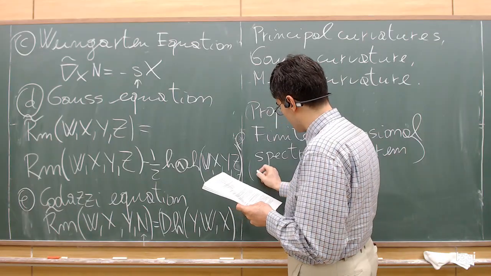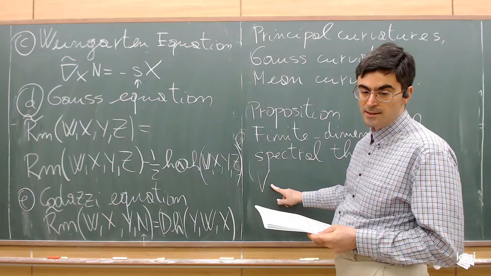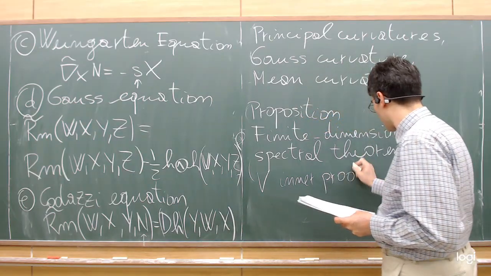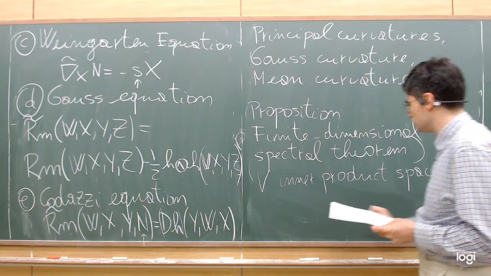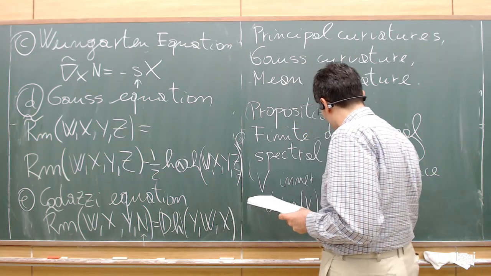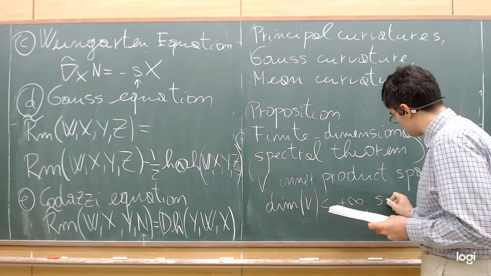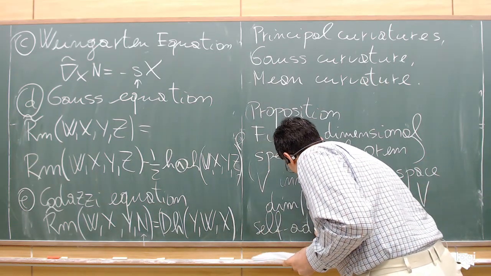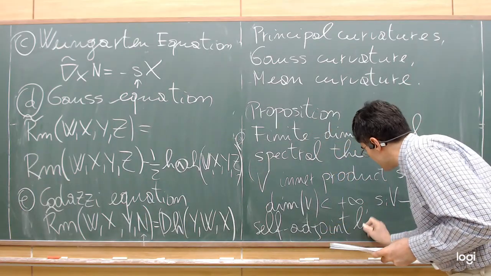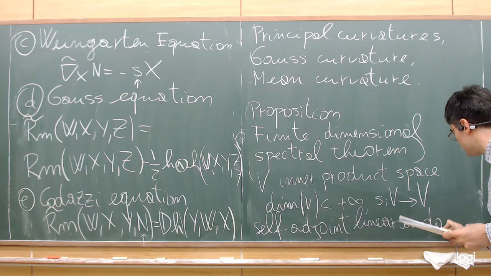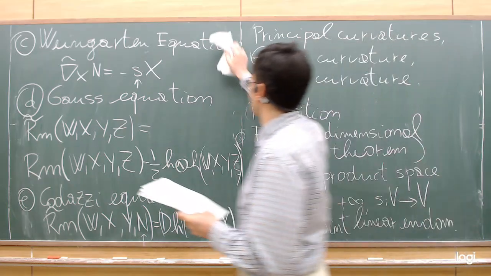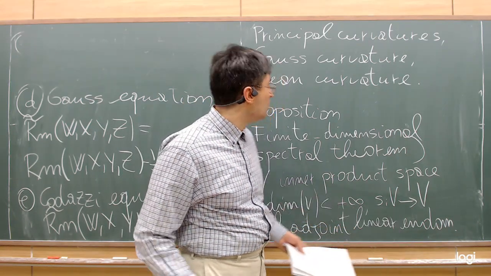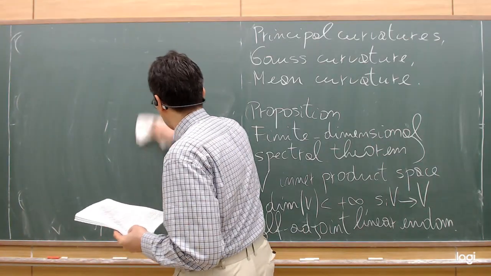If V is a space with inner product and of finite dimension, and we have a self-adjoint linear endomorphism, the shape operator I introduced a few minutes ago satisfies this hypothesis with V equal TPM,